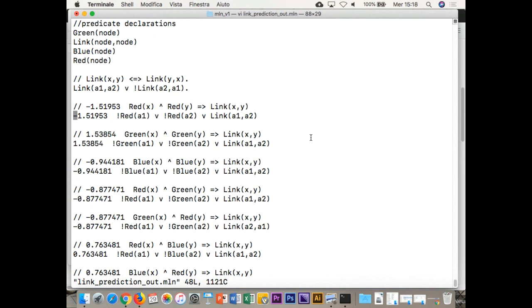There is this strange format, which is also useful in a sense, because basically each formula has two lines. One is a comment, because the double slash is a comment in Alchemy, and is the clause exactly as you wrote it,